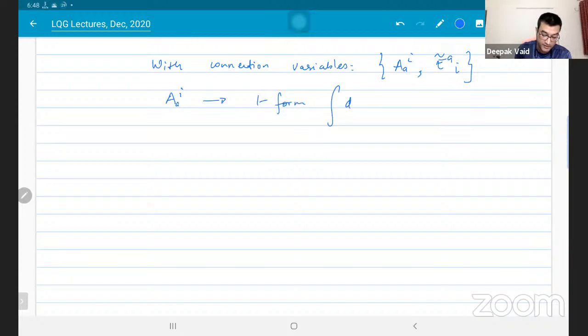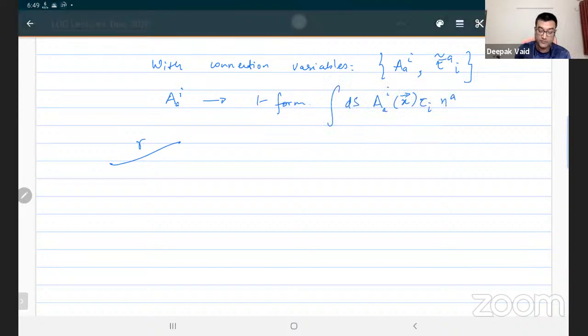So you can take any path in space, say gamma, and with this gamma you can associate ds is the line element, then A^i_a is just the coordinate along the path times this Lie algebra, and then there will be, let's say, n^a is the tangent vector to the path at each point, right? So you can smear your variables in this way